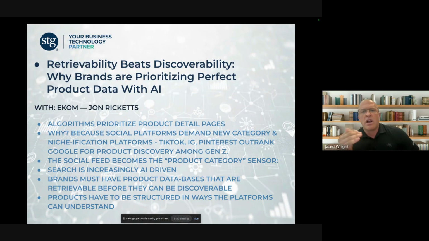So like TikTok or IG, Pinterest, they're able to promote very small niches of product types. And so the social platforms are now demanding that product detail pages be designed with that in mind. And so the social feed is now becoming the product category sensor. And this is kind of a new